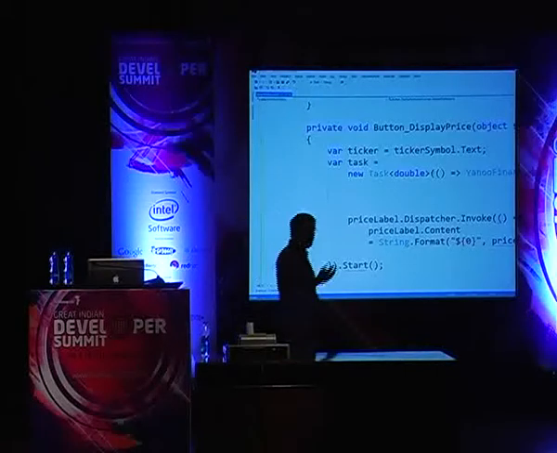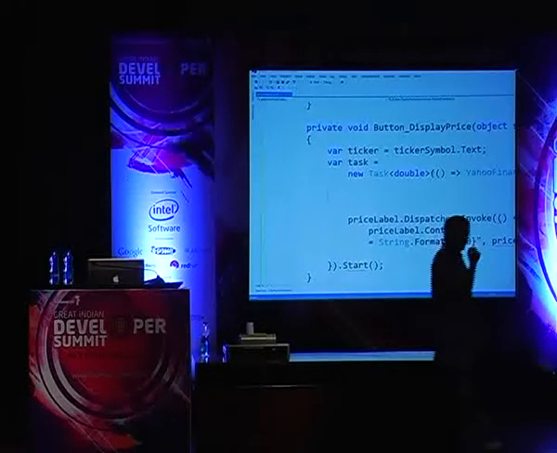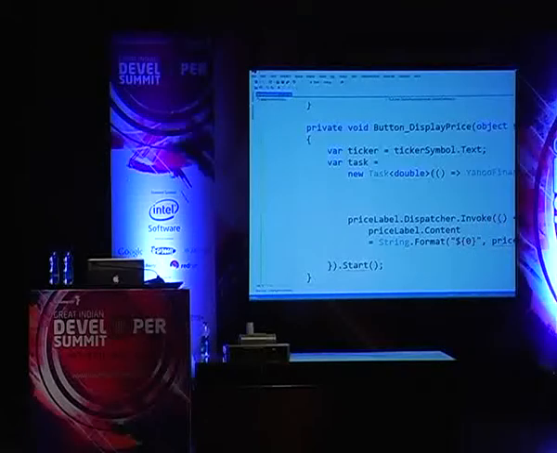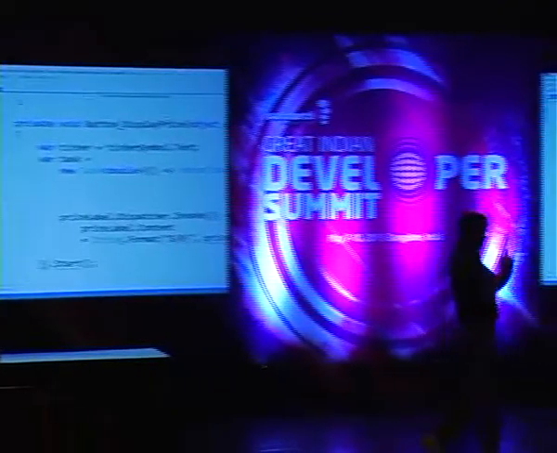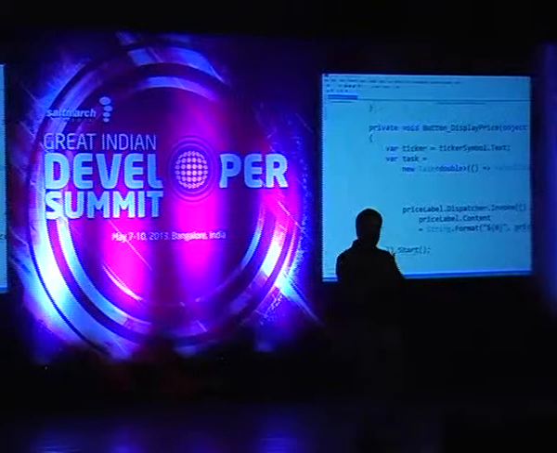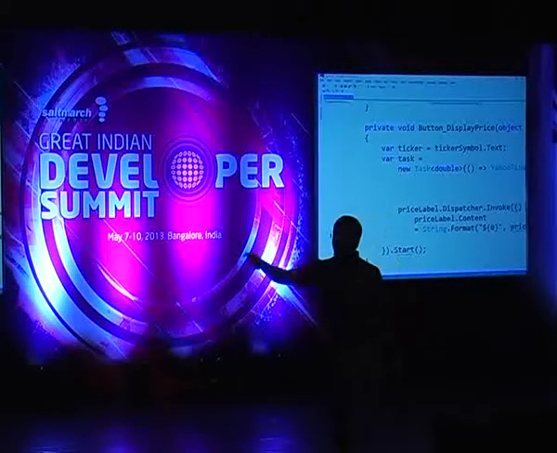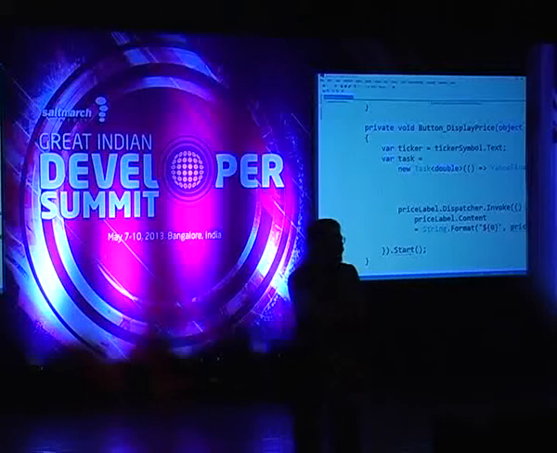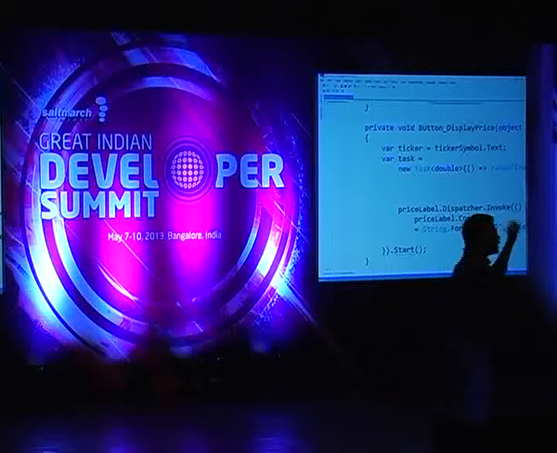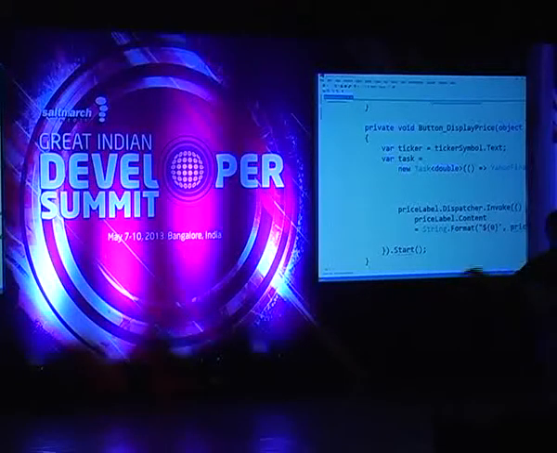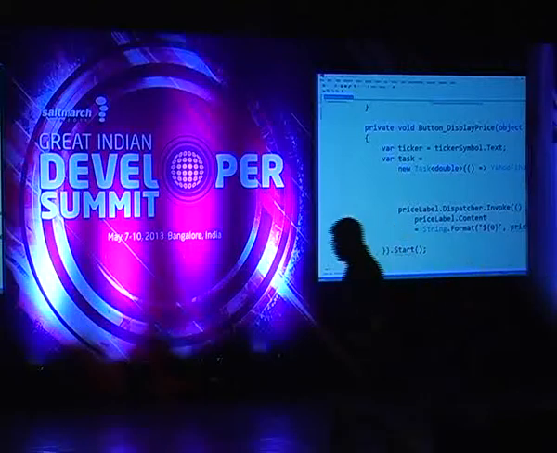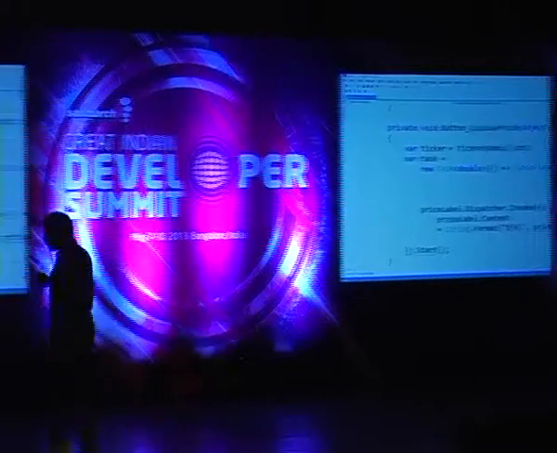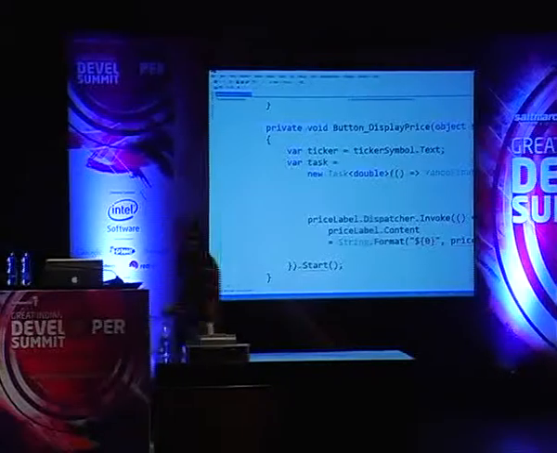Well, obviously, it gave me a task, and if I wait on the task right now, our application will no longer be responsive, right? So it's kind of like saying, I create a thread, that thread is doing the job, and while the thread is doing the job, I will wait on it. That doesn't make any sense, right? So while the thread is doing the job, you want to go respond to the user interaction, and then of course, when the thread is over, you want to come back and do your work. So what can you do for that? Well, you got to listen to the event that it is finished.